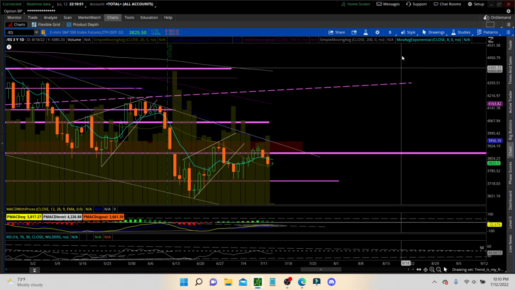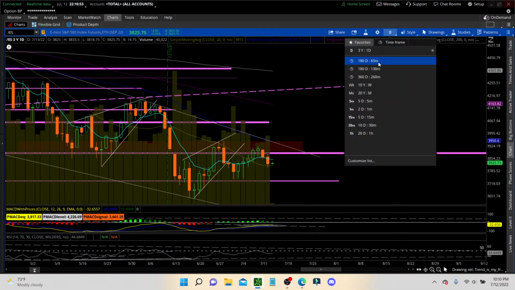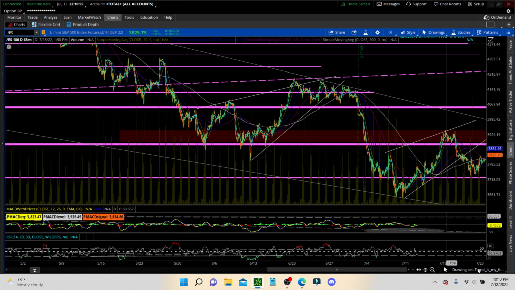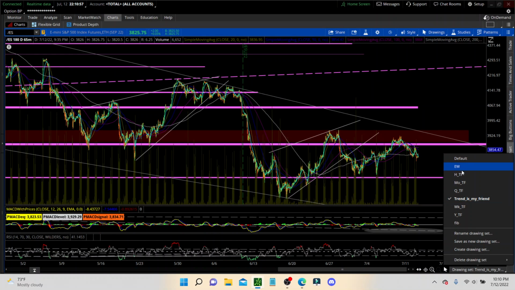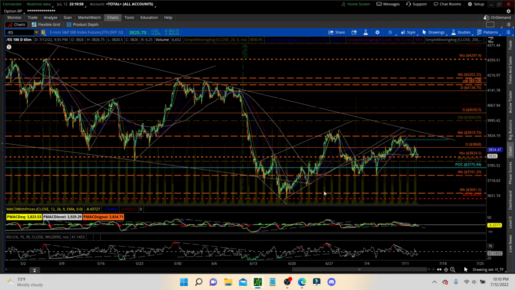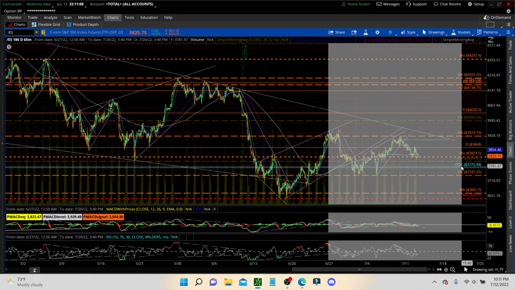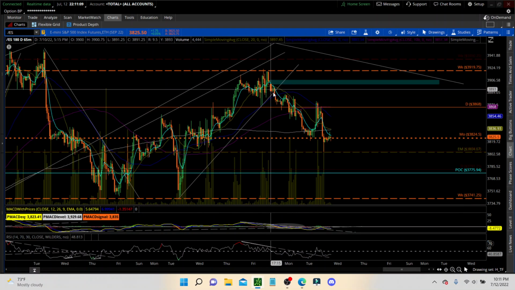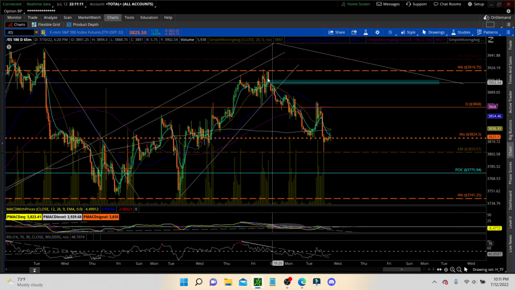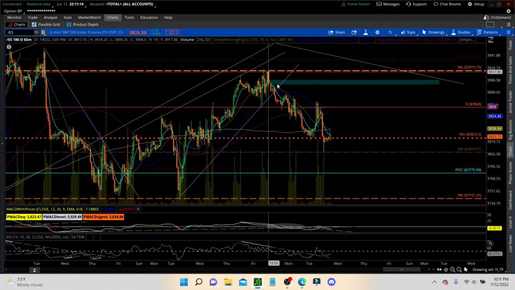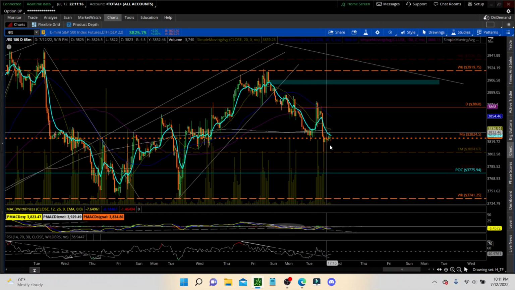All right, last thing we're going to look at is the 65-minute chart. See if we see anything above here. At this point, we had this wedge. We broke down. We're back testing that wedge, actually building another one in a smaller time frame, and that's where we're looking at now. We broke down from that point. It looks like an impulsive wave down and a back test and going back.